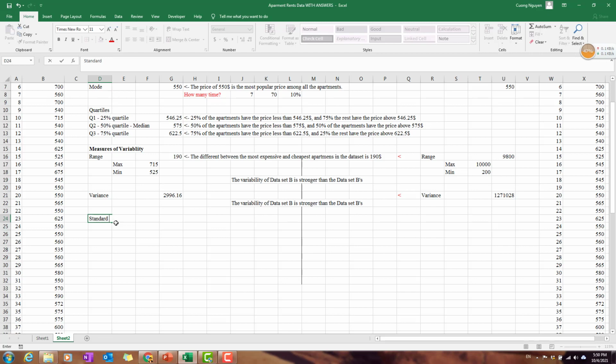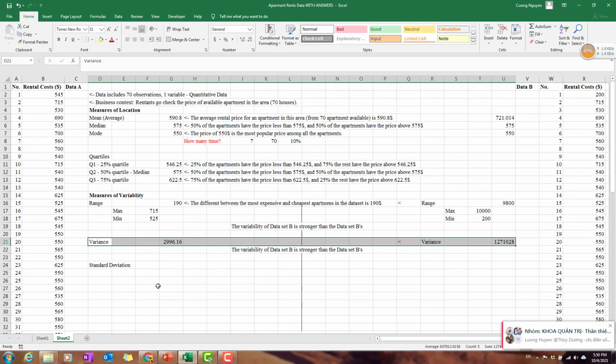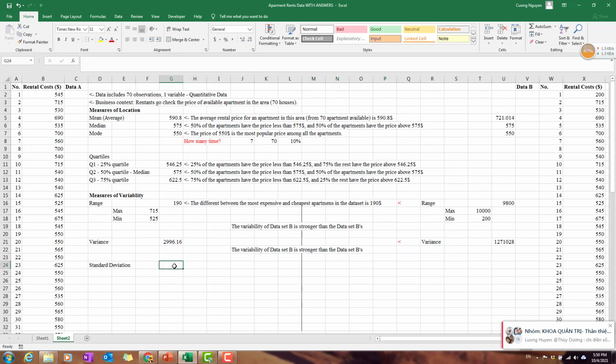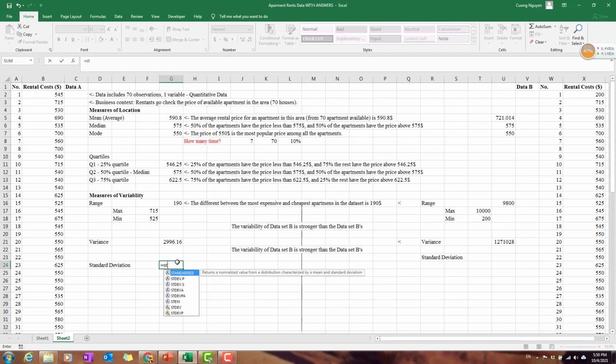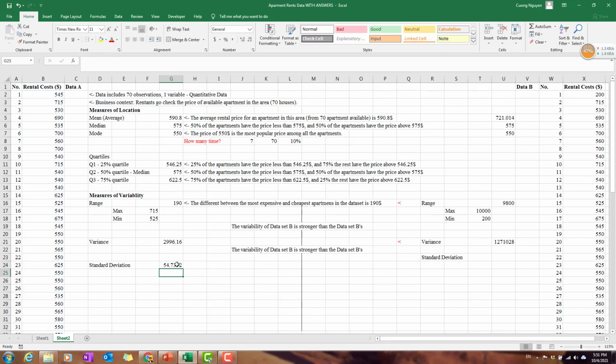But over here, standard deviation, right? That could be something we sometimes use instead of variance, when we want to compare the variability between two data sets. So we use the same idea with the standard deviation, and we make the comparison between the two. So how can we do it? We just have to put in STDEV.S. That stands for standard deviation, and of course .S, because this is a sample. So from B2 to B71 is over here